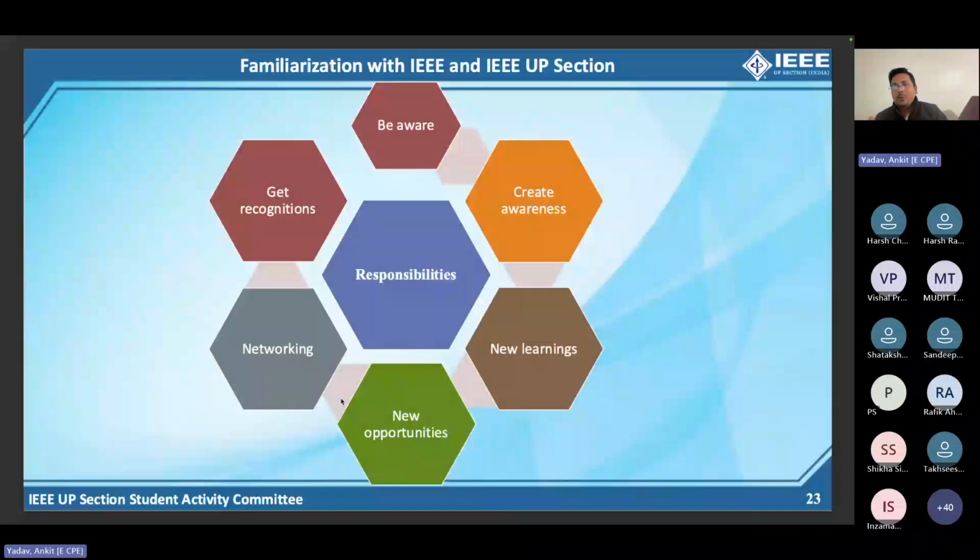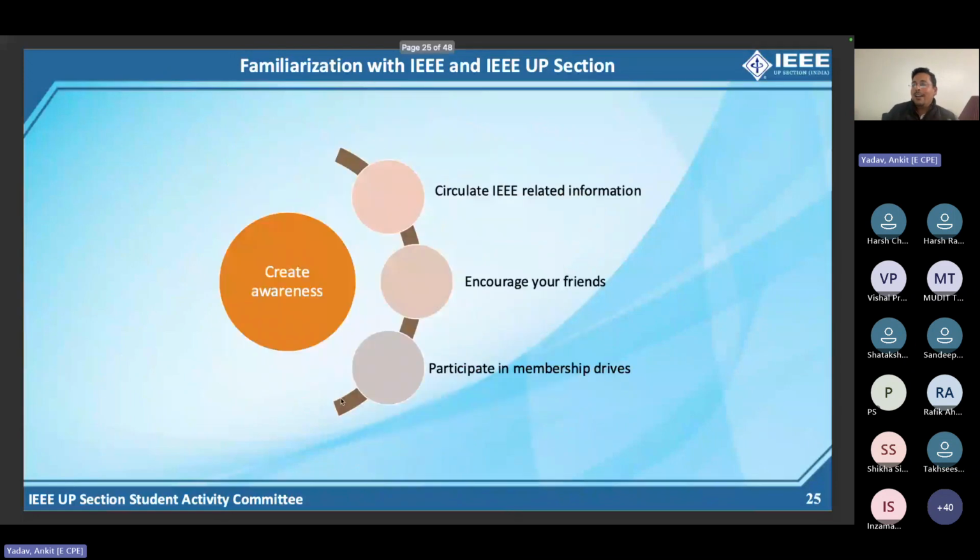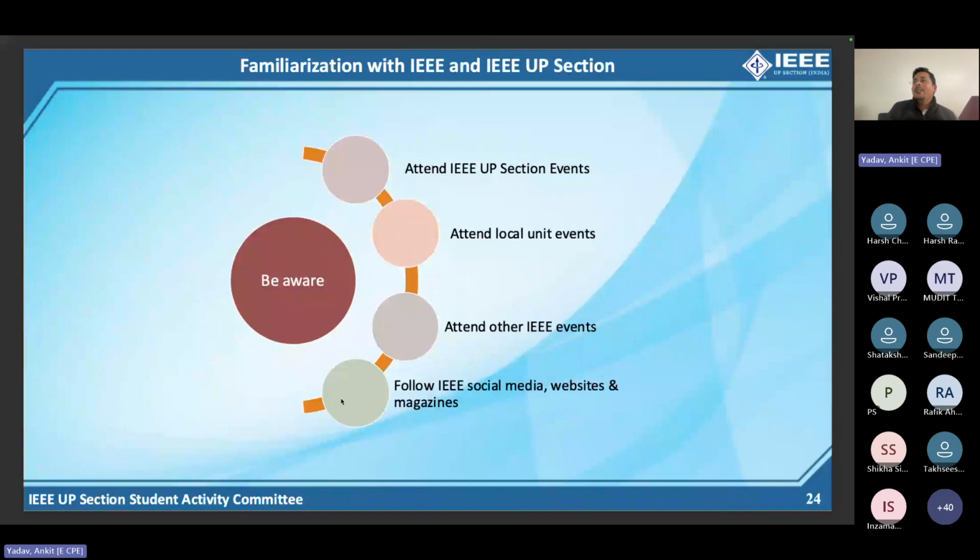And if you do that, you will get recognized, and that's all. So how to do that? I have tried to summarize that in a step-by-step thing. Being aware means that you attend IEEE UP section events, attend local unit events like branch events, chapter events, and